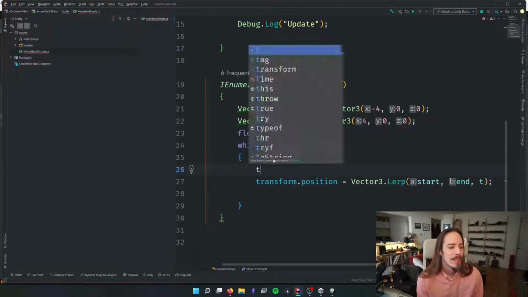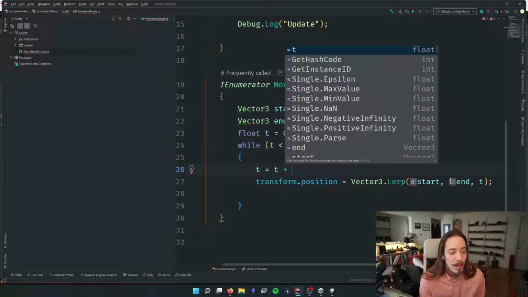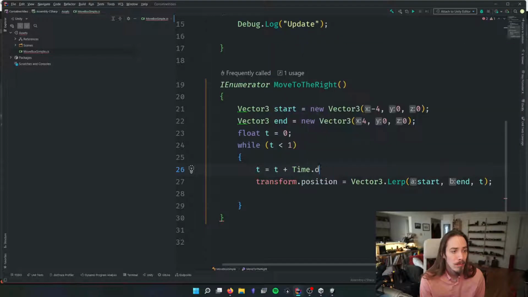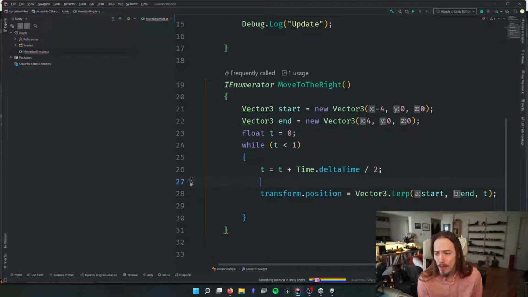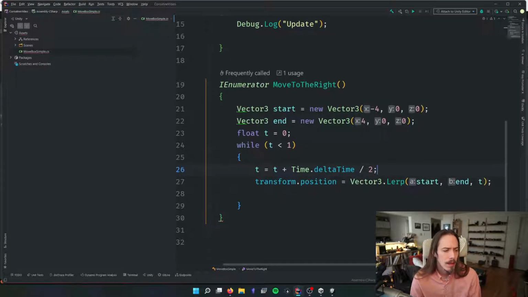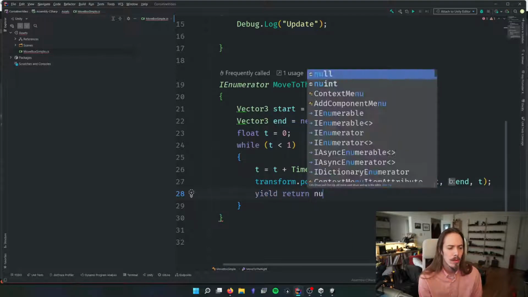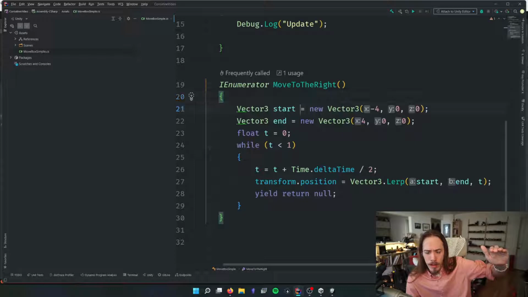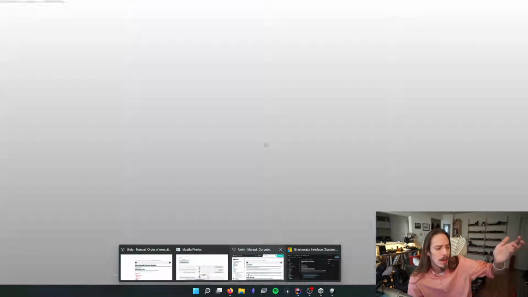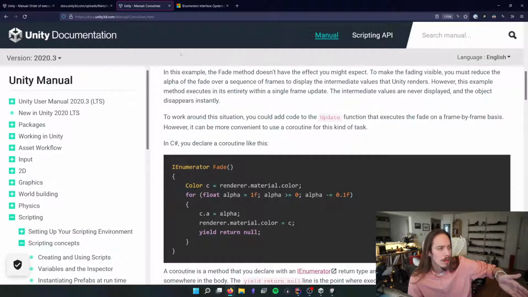So let's set t equal to t plus Time.deltaTime over 2. Same thing as before, just make it go up a little bit slower. And then let's yield return null. So the code's going to go at the start, boom, down. We're going to increase t by some very small amount, the amount of time that has passed since the last update frame. Because we're yielding for null,